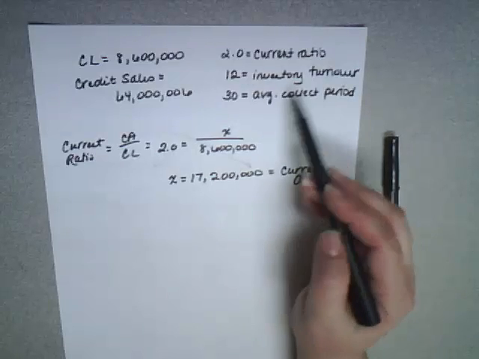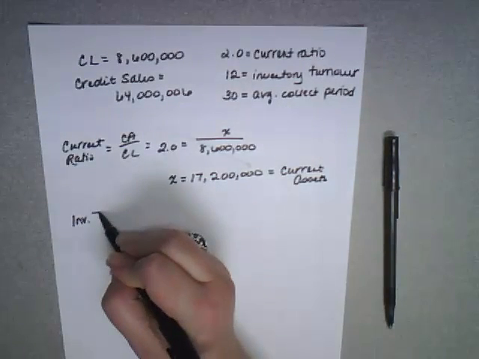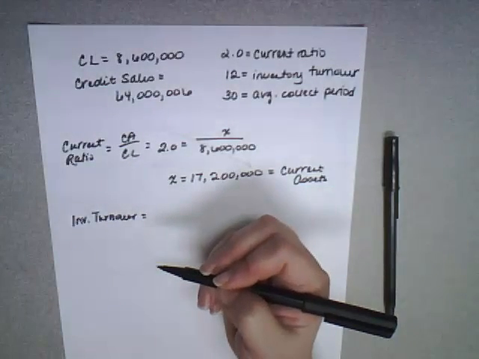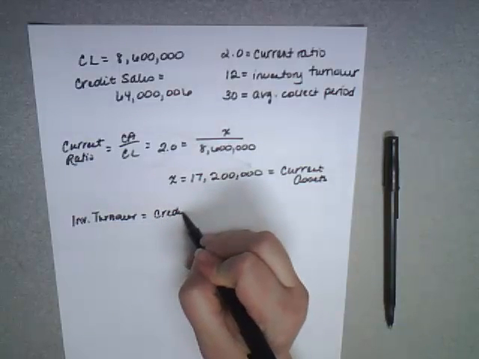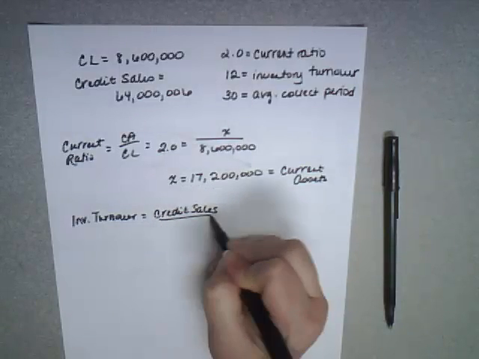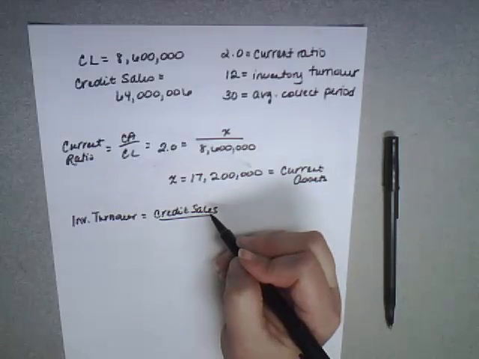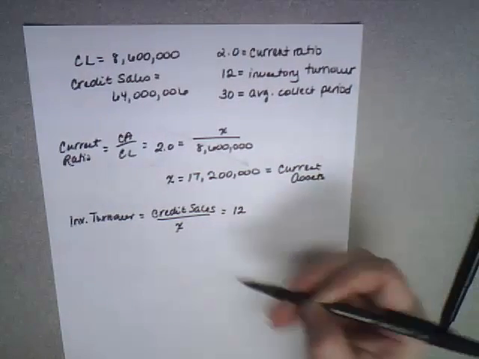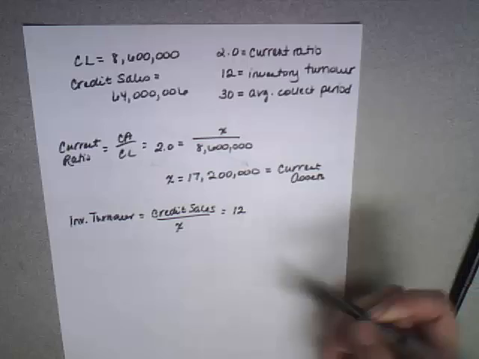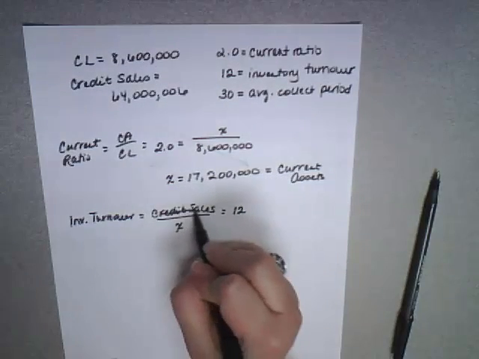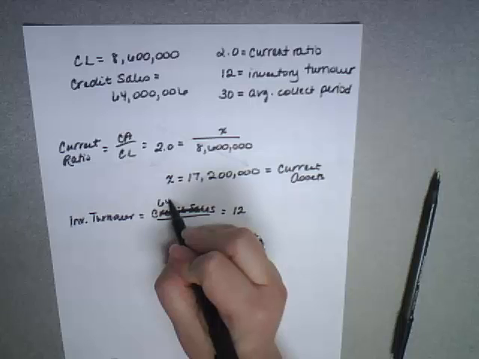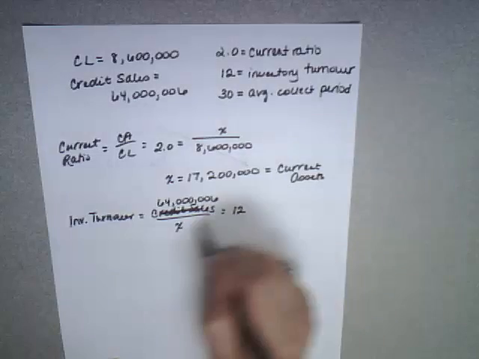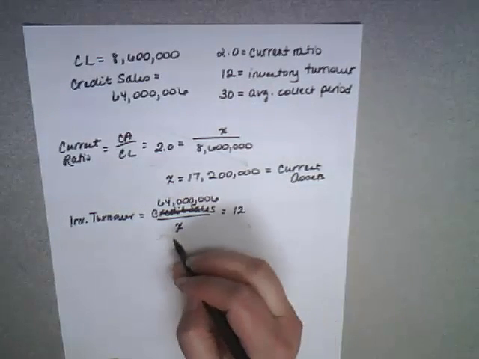All right, so then let's look at the inventory turnover. What is that equation? Well, we know in this case the inventory turnover is the credit sales divided by the inventory, and we know that that number is 12. So again, we're going to 12 over 1. We know our credit sales, $64,006. So when we go to cross multiply this, we end up with